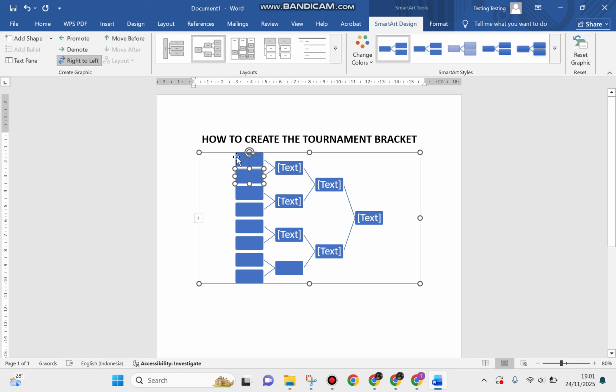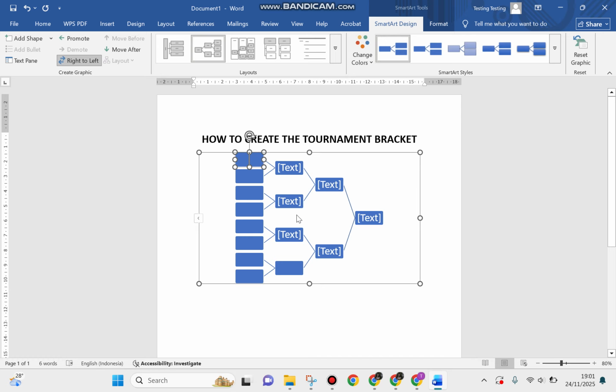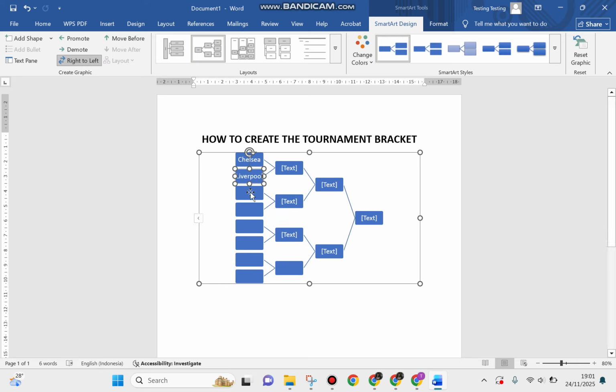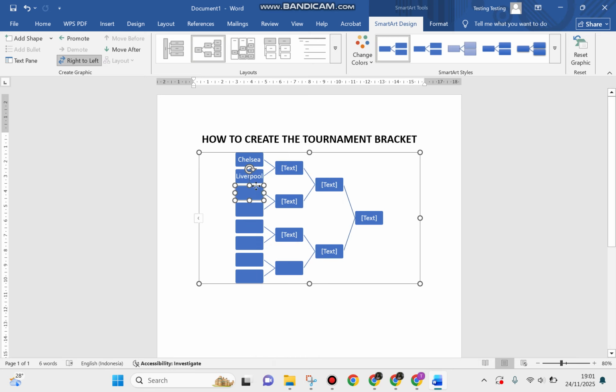And if you would like to put the text here, select this section, give it a right click and click Edit Text. For example, Chelsea, and also Liverpool. This will be the first alternative if you would like to add the text. Or you can simply click this section and